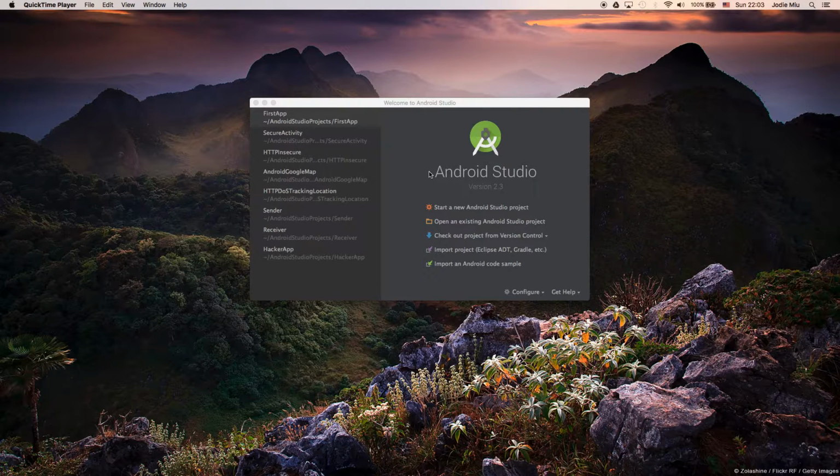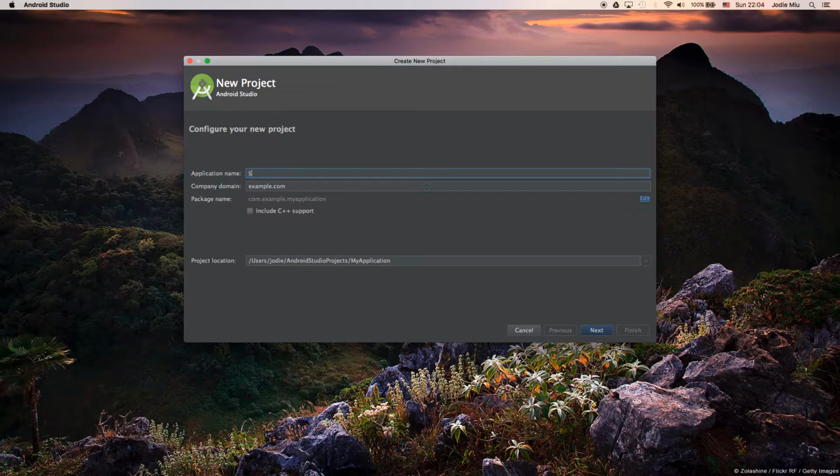I'm going to be walking us through how to do the data storage activity. So let's go ahead and get started. I already have Android Studio open. We're going to start a new Android Studio project and call it Shared Preferences Example,